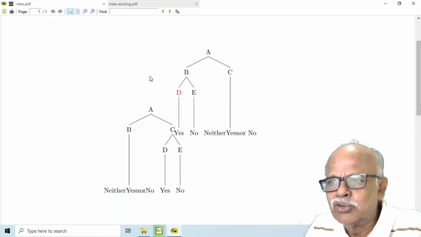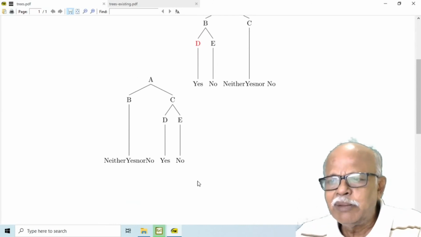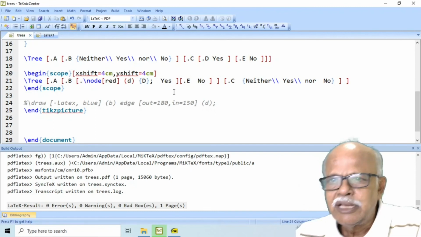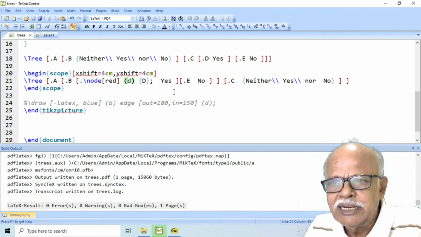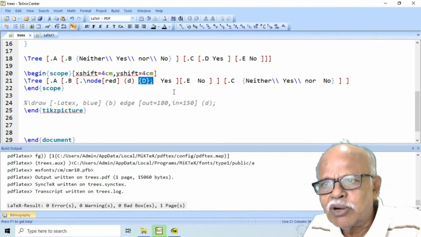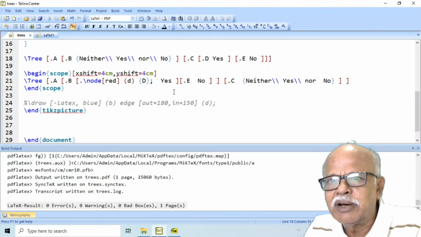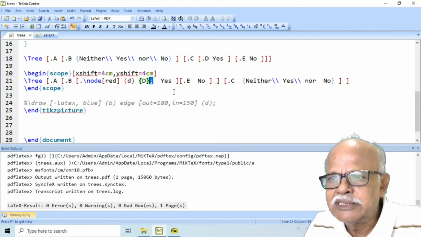Change it suitably. And if you have labeled the nodes like this, using this command, node, and then here you have the name that we give, the label here, and this is what will appear in the output, D. Similarly, for B we would like to use the same structure.